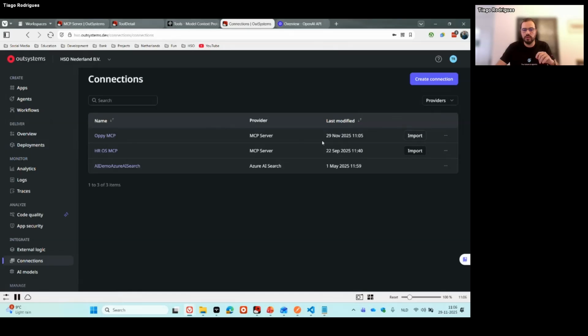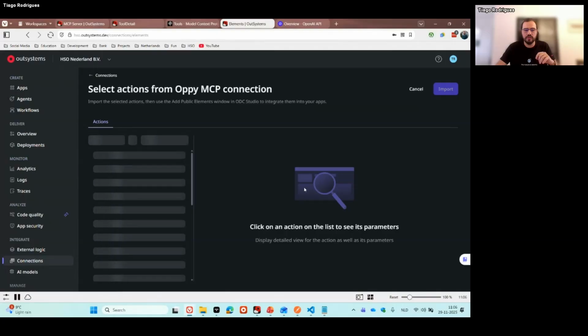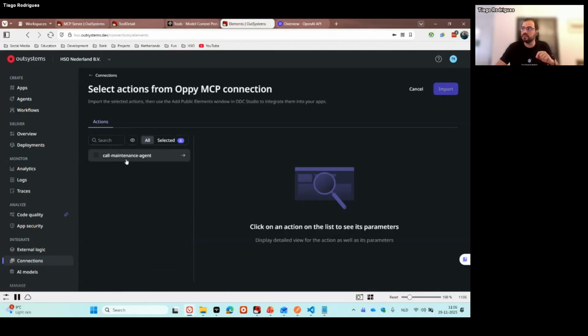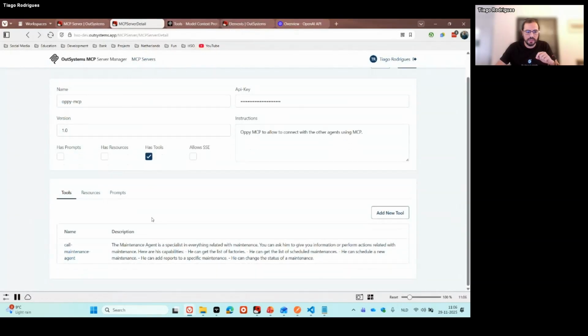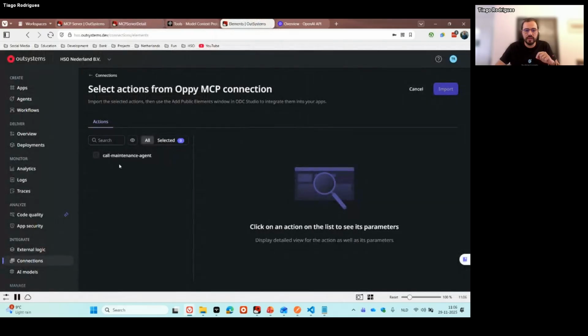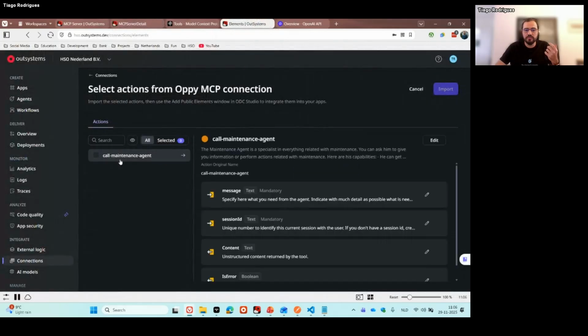So we go in the MCP that I just created. I go here to the import, and you see that it has the tool. So if we go to the MCP, you see that the OPMCP has indeed just one tool, and it does not have anything else. So one tool. So it detects here, and we can indeed bring this tool to our side. Just a small tweak. I believe that OutSystems probably needs to improve this. Right now, what